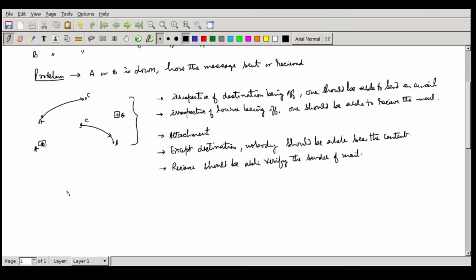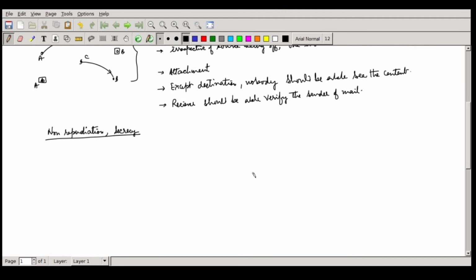So we call one property non-repudiation. If somebody sends me an email, that other person should not be able to say that they never sent this email, that this is a fake email. You should be able to prove it was indeed sent by them. That's the non-repudiation property, and secrecy means nobody else should be able to see the content. These two properties are essential. In current day systems, this can be done to an extent by digital signatures and public certificates. Using the public key inside the certificate, you can do the encryption when you are sending a mail to a receiver.